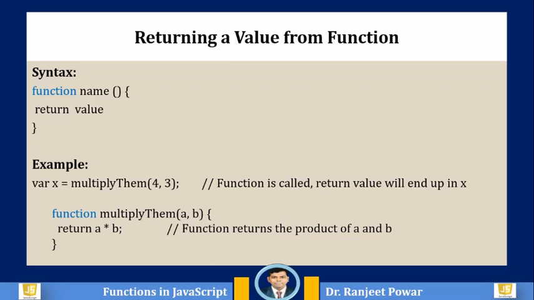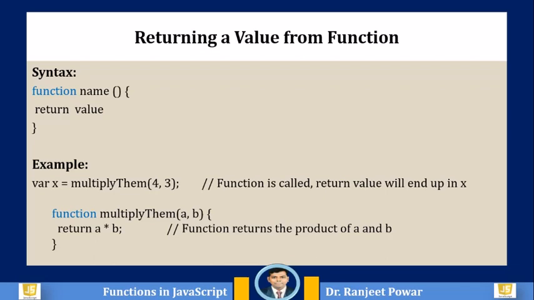The next is how to return values from a function. A function can be designed to do something and then report back to the statement that calls it after it's finished, such as the validation function in a previous section, which validates the user ID and password and then reports back whether they are valid or not. A function reports back to the statement that calls the function by returning a value using the return keyword, followed by the return value in the statement. You can see that in the syntax.